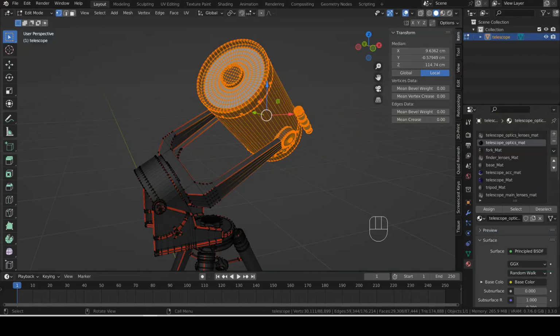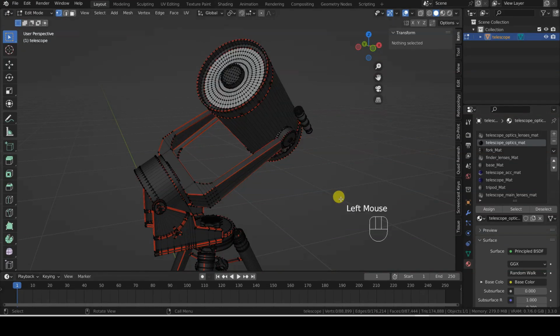However, the fact that the telescope has 9 submaterials suggests an idea. We can indeed individually select the geometries associated with each submaterial and perform the separation using the Separate by Materials function. This method will end up creating 9 objects, which are more than we need, but at that point we will be able to merge the objects with the join operator. So let's proceed in this way.